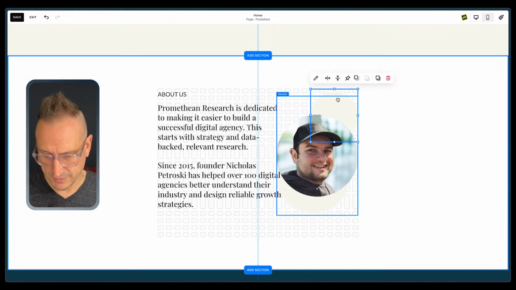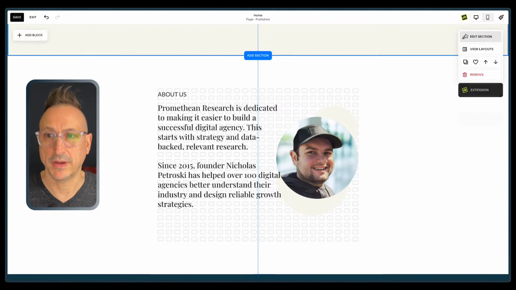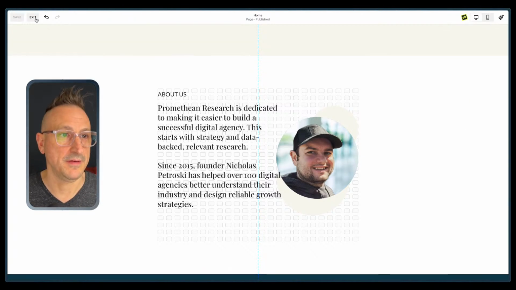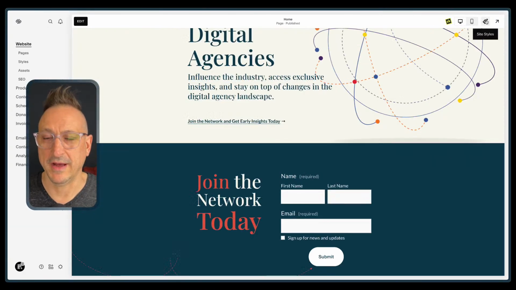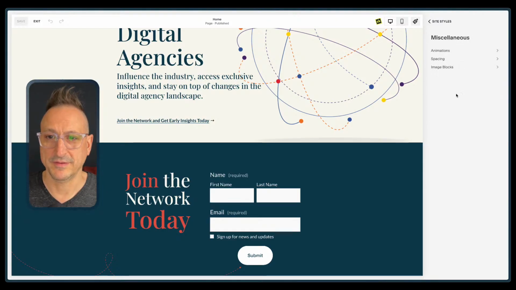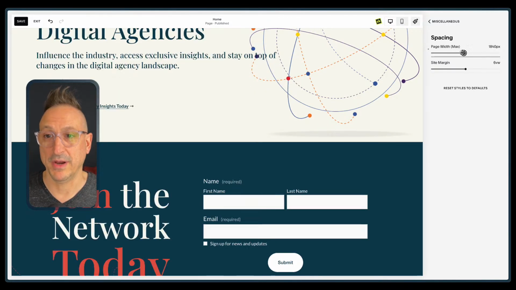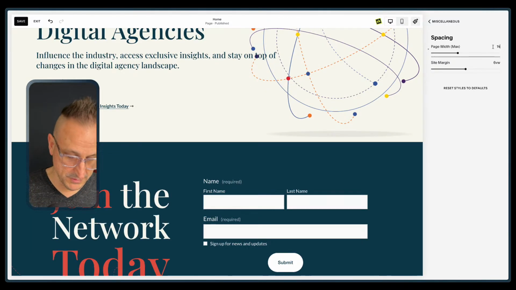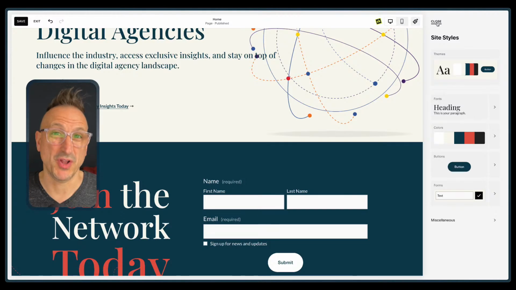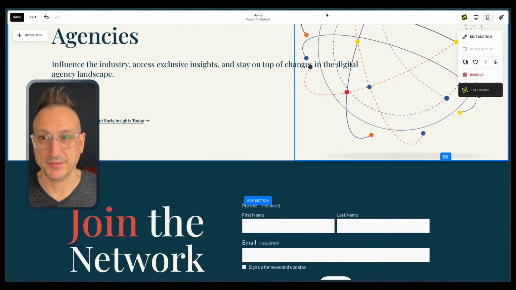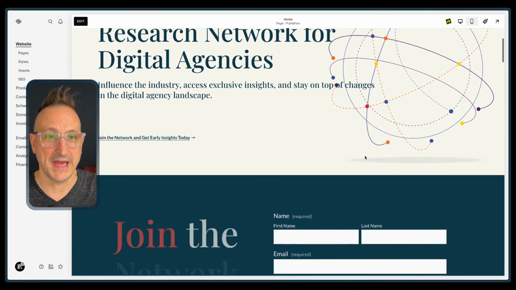I don't love the behavior of this shape, but okay. So now save, exit. So we've made some adjustments here, and I'm going to go back into miscellaneous, and if this was ready to launch, I would just put it right back at the number I had. The setting I was going for was 1440, which makes it great for smaller desktops, not desktops, laptops. So hit save, and as you can see, back up at 1440, which is the setting we were originally at,